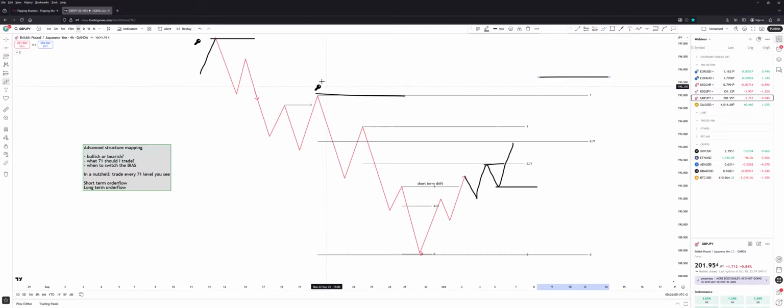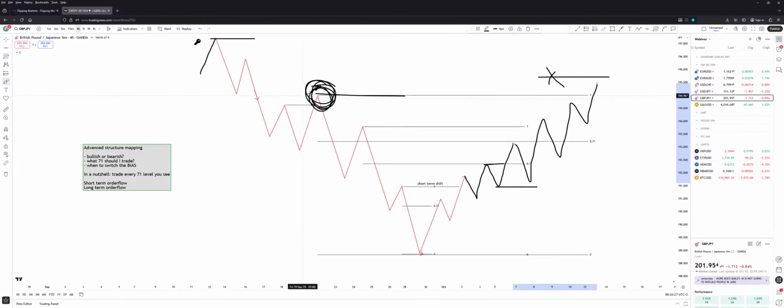Now in this case, when the last recent protected high point breaks, I do not care about this protected 71 level anymore. I do not care about, for example, the Fibonacci pulled out from this high to this low where the 71 level will be located there. I do not care about any other 71 level because the protected high point is broken. So I do not look for short trades here anymore. And when price reaches that level by breaking that